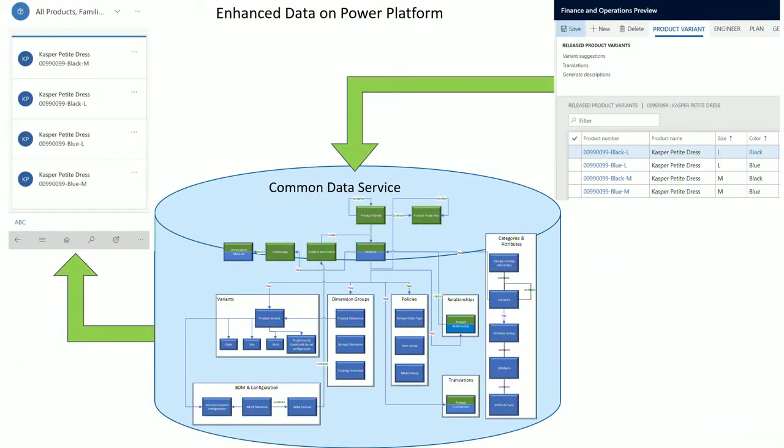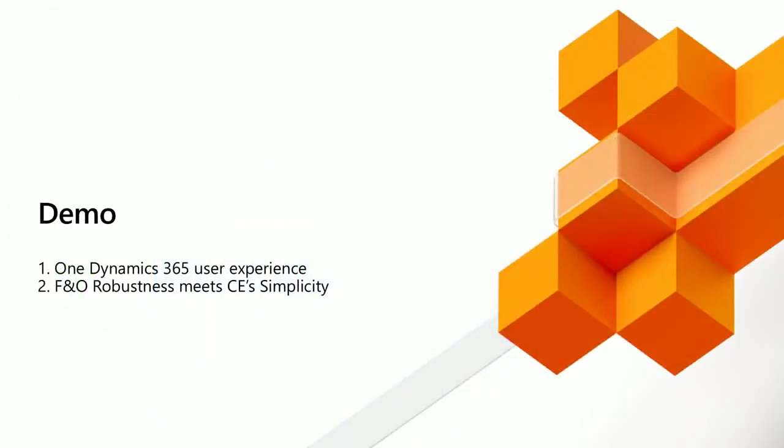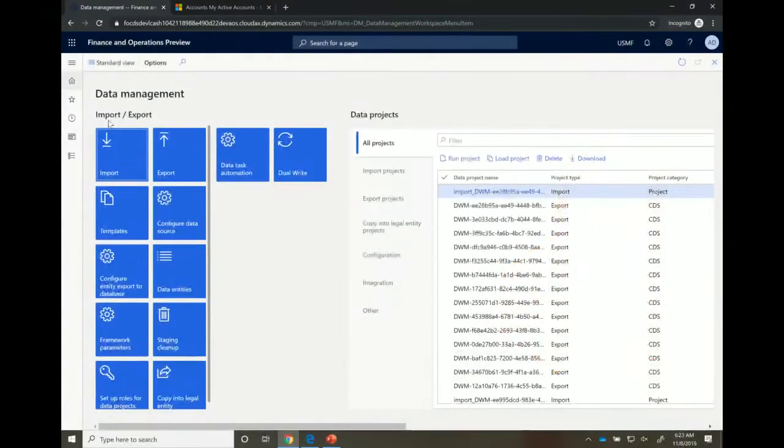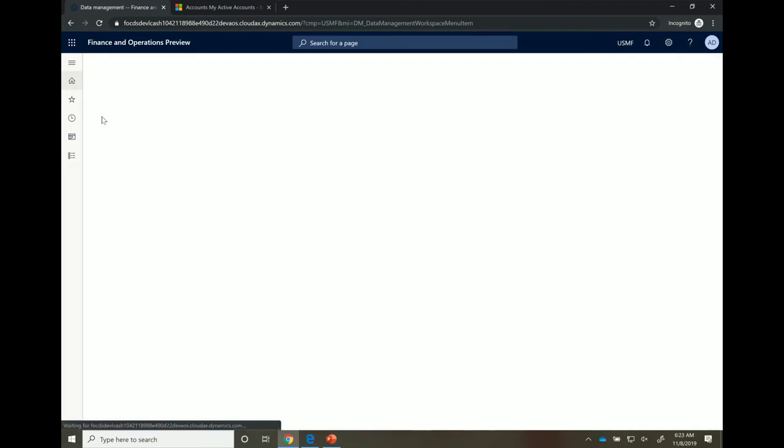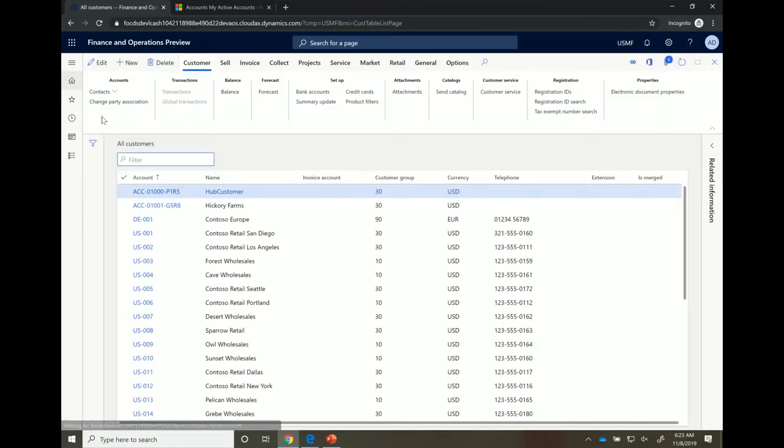Now, when we are making this complex data model available on CDS, you can take advantage of the Power Platform, right? I will show you a demo. I will show you how we are harmonizing the